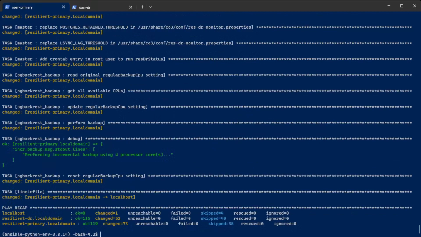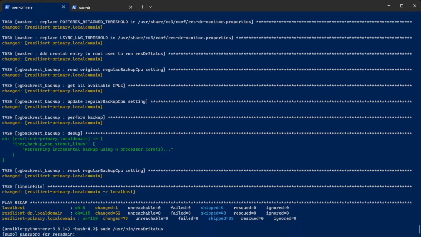All right, looks like the Ansible playbook to enable DR has finished. We have no failures. If there were any failures, there would be an error message with tips on what to check for to see why the error did occur. Let's go ahead and check the status of our DR by running sudo, and then within the user bin directory, there's now a res dr status binary. And when we run that,